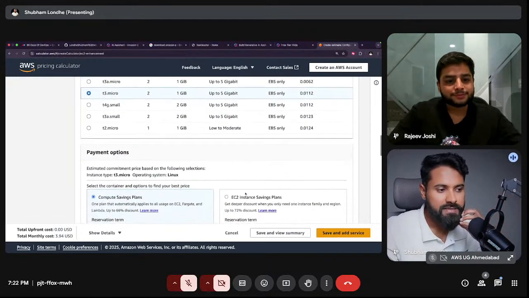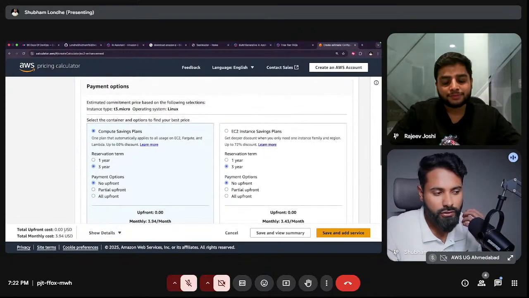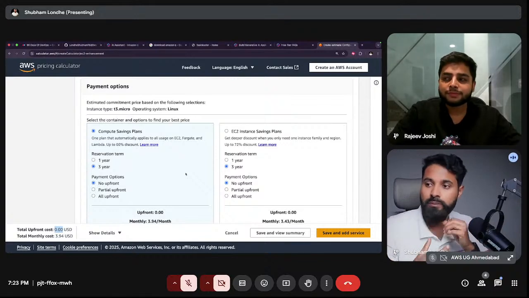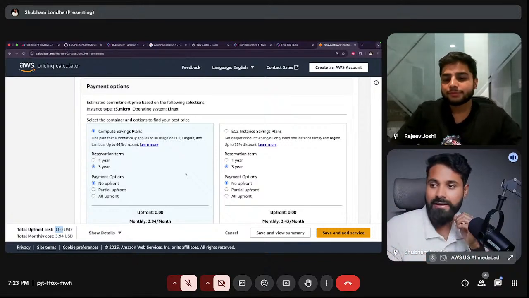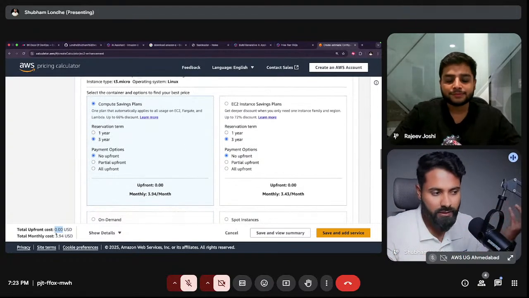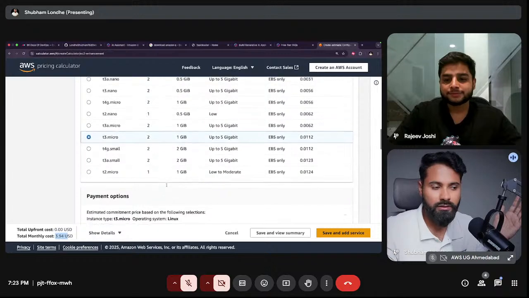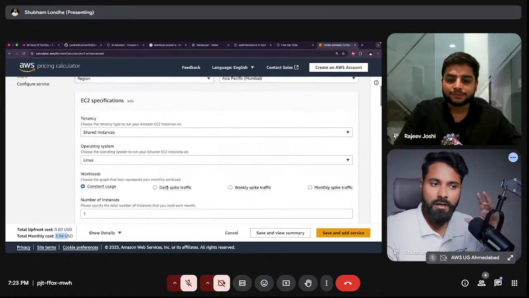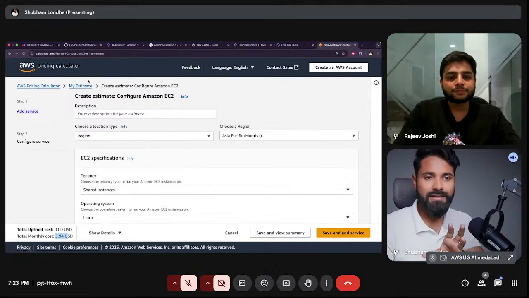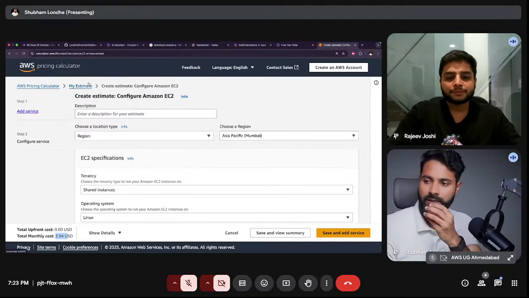Upfront I won't have to pay anything, but keeping it running means the volume, the IP address, everything attached to that instance might get you a cost. So it's good to see these tools provided by AWS, to see how much cost will be incurred.